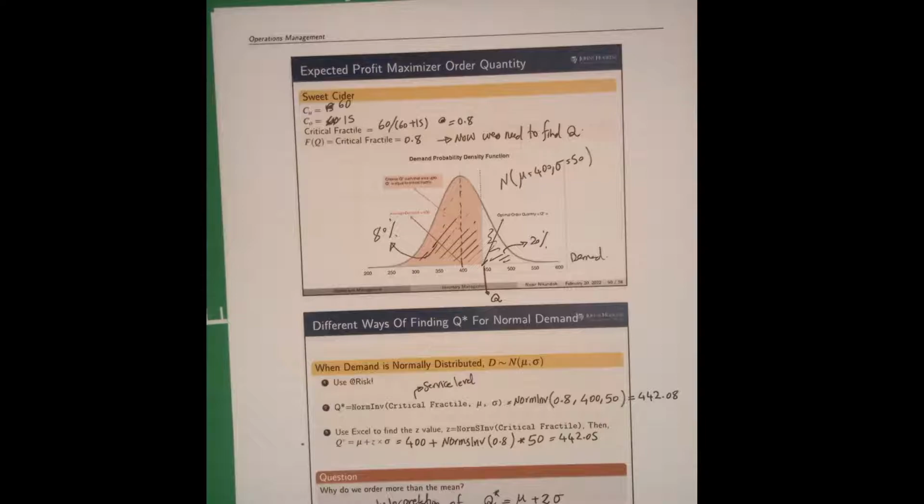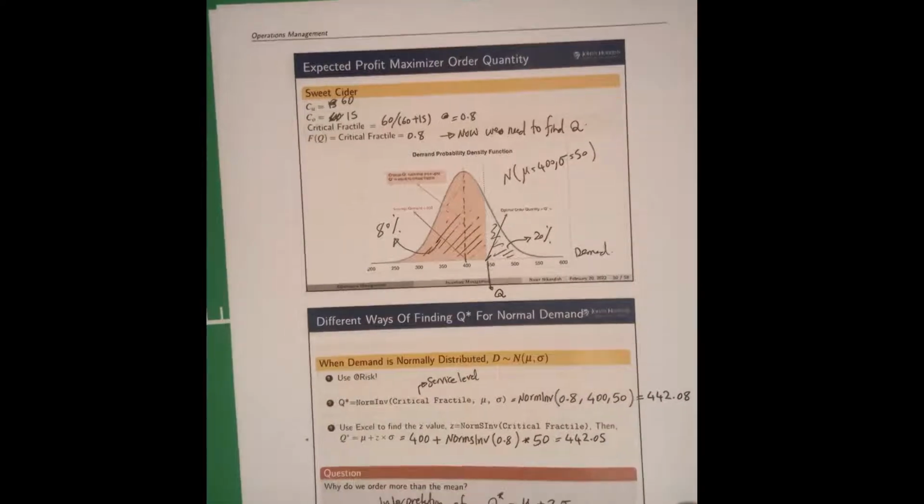The other 20%, on average, you are going to lose 20% of customers' demand. Again, you care about cost, you care about maximizing your profit or minimizing your cost, nothing else. So if you think, oh my God, I'm going to lose 20% of customers' demand, well, that is your objective. If your objective is to maximize profit, this is the solution.